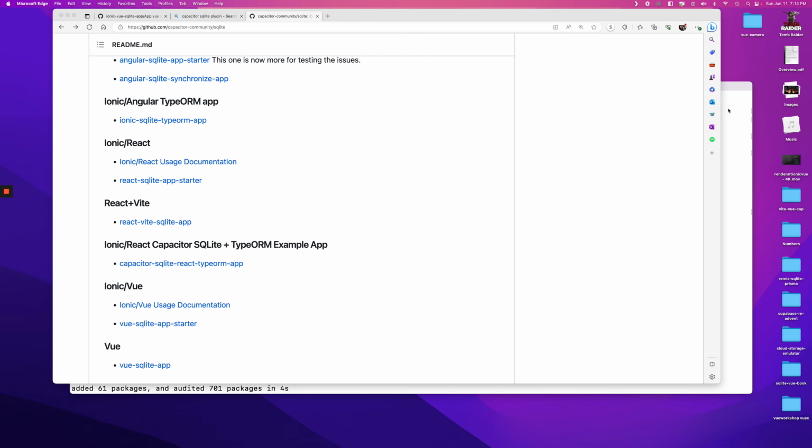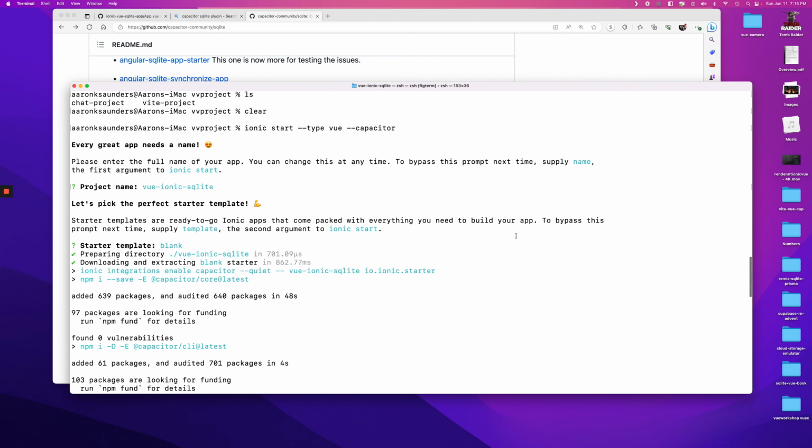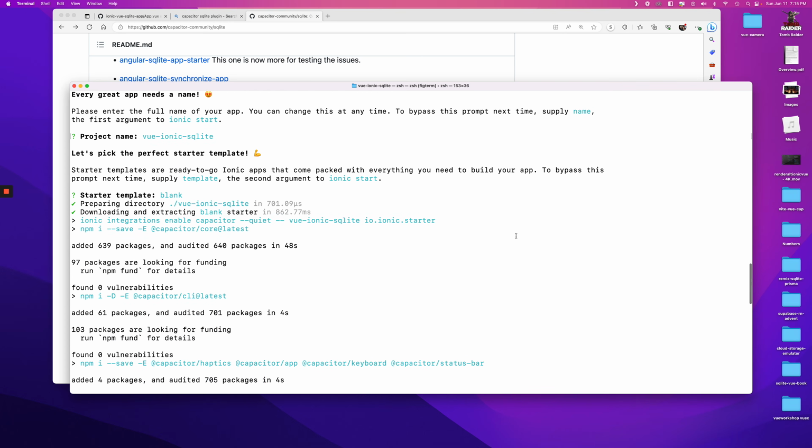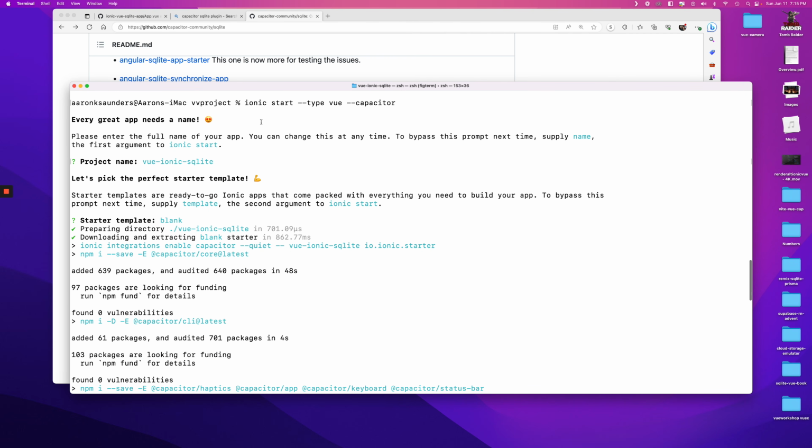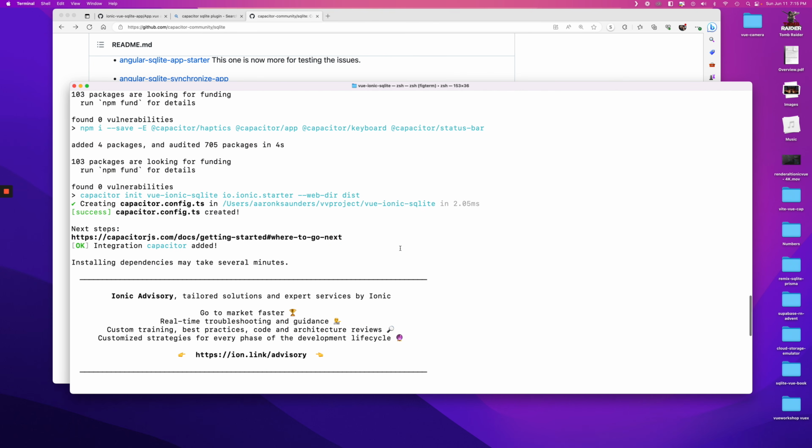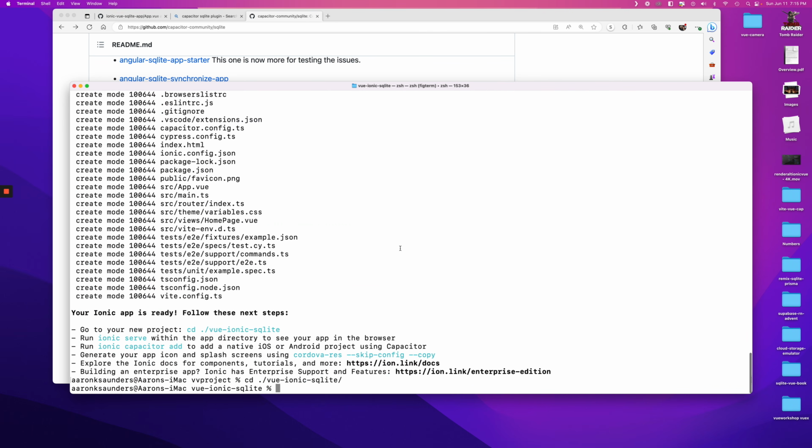So to save some time, what I've done already is I created a basic Vue project. So you can see here I used the Ionic start command with Capacitor. I named the thing, and then it ran and it set everything up. And I need to go to my directory Vue Ionic SQLite. But before we get there,